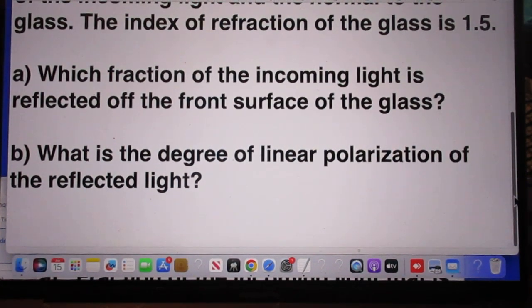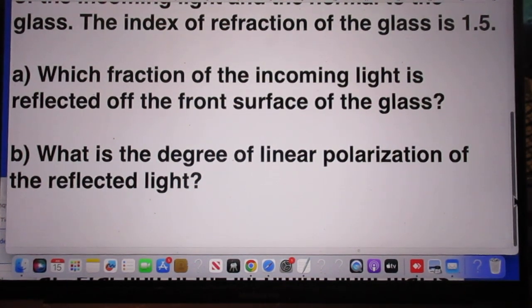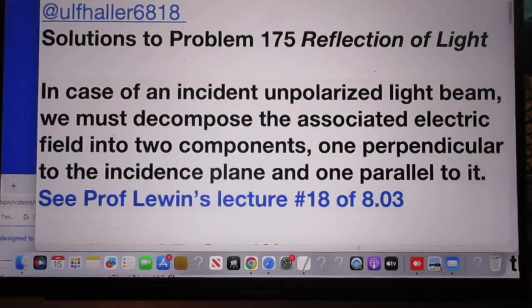So now I'm going to show you the solutions, but I will not be very detailed about it because you won't understand it if you haven't watched lecture 18. Are you ready? Here it comes. Only 3 people, maybe 2.5, have the answers correct. I have chosen Ulf Heller's solutions. Read with me. Solutions to problem 175,